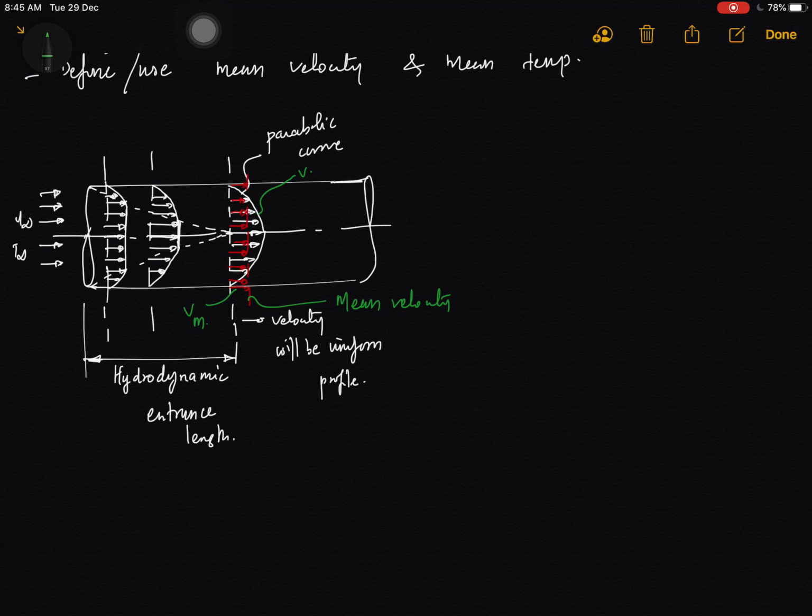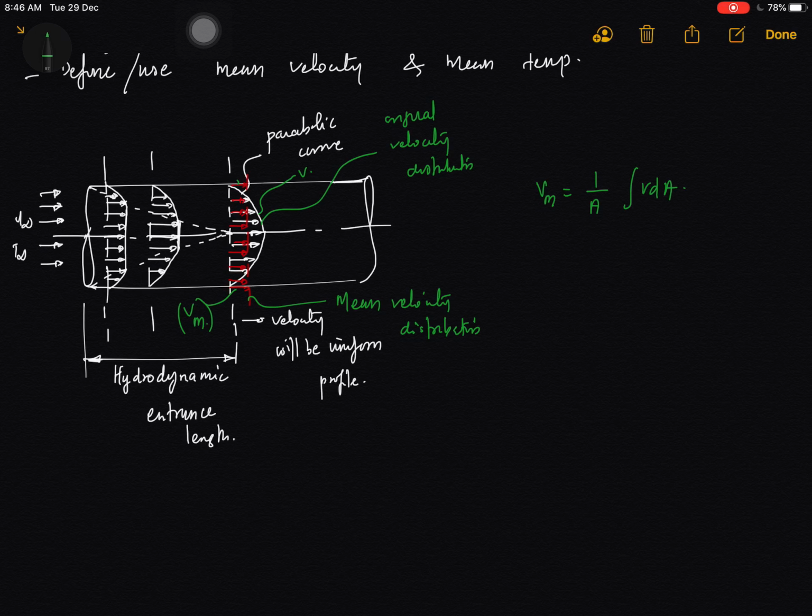This is the mean velocity distribution, and this is the original velocity distribution. So we have to define this particular value Vm, and this Vm is given